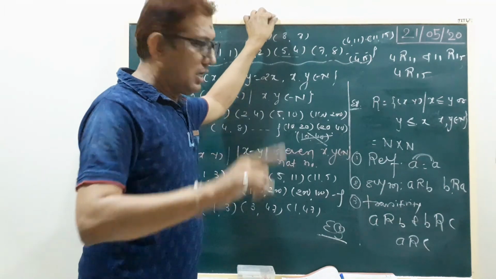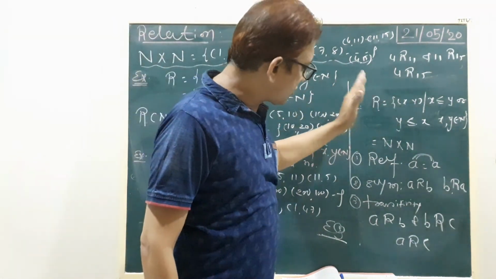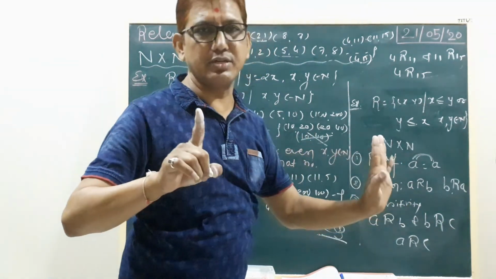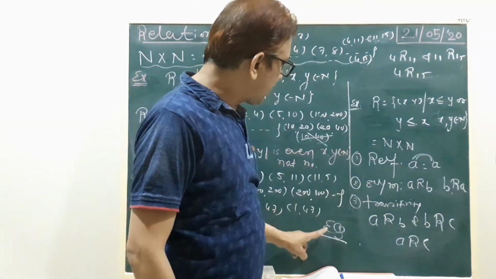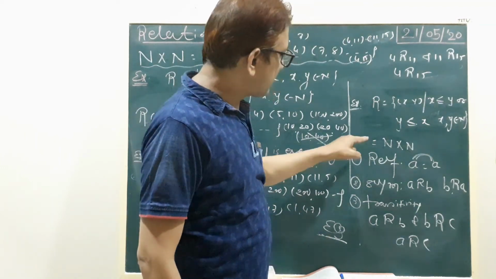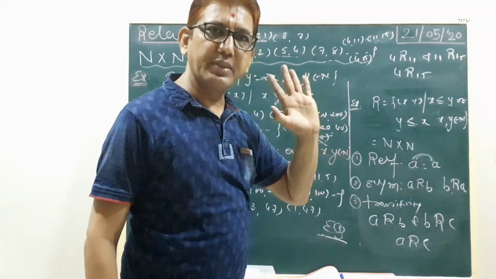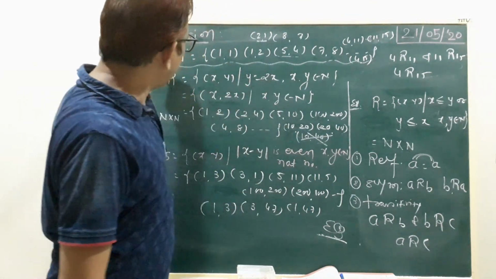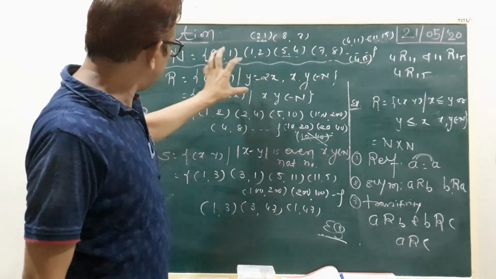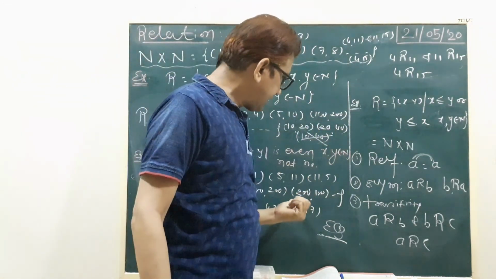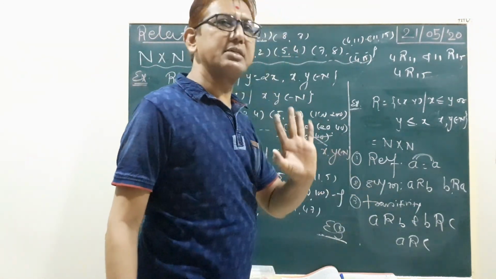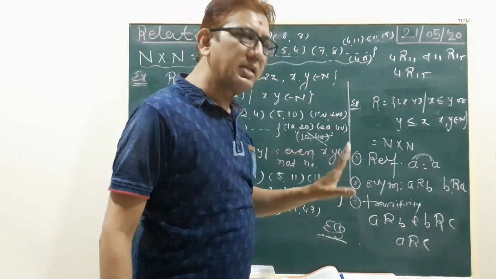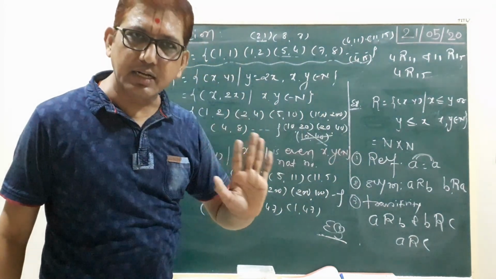Equivalence relation. If any relation does not satisfy any one property, you cannot call it an equivalence relation. So if any relation is an equivalence relation, it satisfies the three compulsory properties. Is that clear? So in this topic, relation, we discussed some examples and some properties: reflexive, symmetric, transitivity, and then the equivalence relation. Is that clear? Okay.